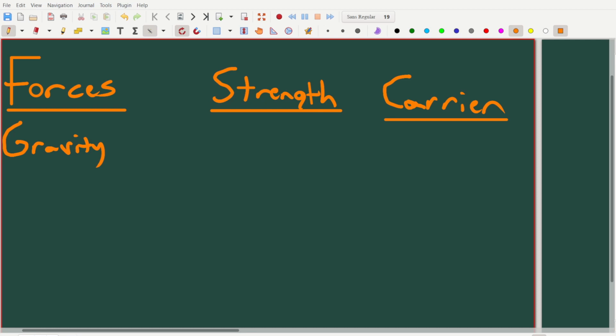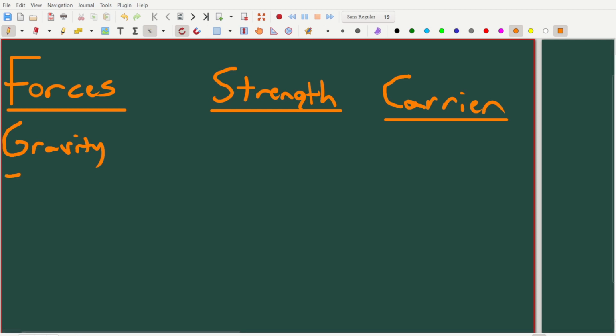Does anyone happen to know any of the other 4 fundamental forces? What do we call the force that attracts a positive and a negative charge? Is that gravity? What is it? What's the name for it? Attraction. Well, yeah, but there's a specific name for that attraction. Yeah, sure, electromagnetism, right? Of course, magnetic effects and electric effects are the same thing. They're 2 sides of the same coin. So electromagnetism,